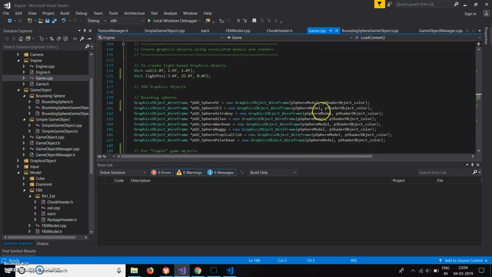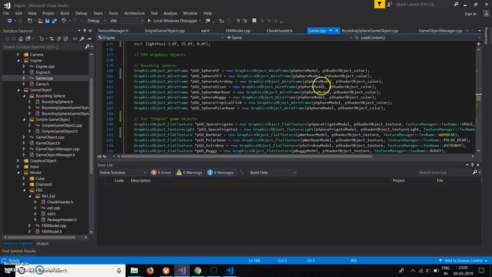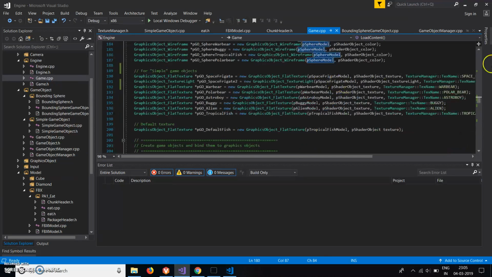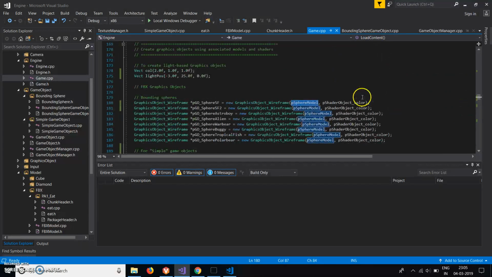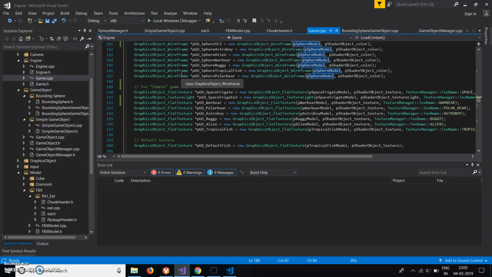And when we create the shaders and the graphics object, we could simply use the textures from the model inside of the shaders. So there's just a couple of things that we could do, but overall,